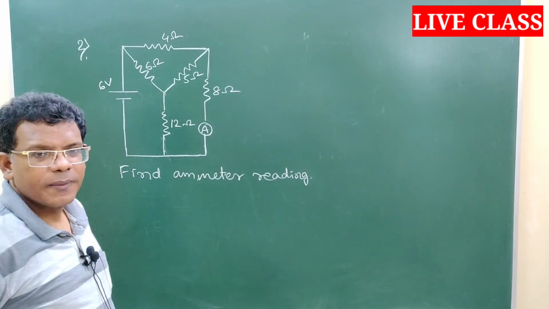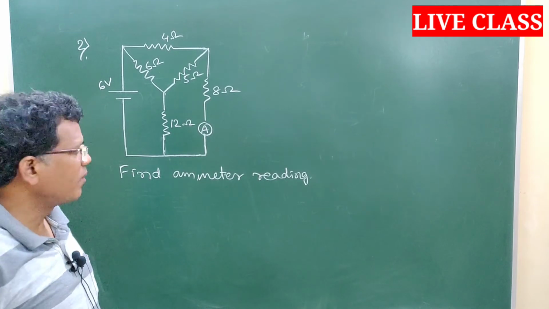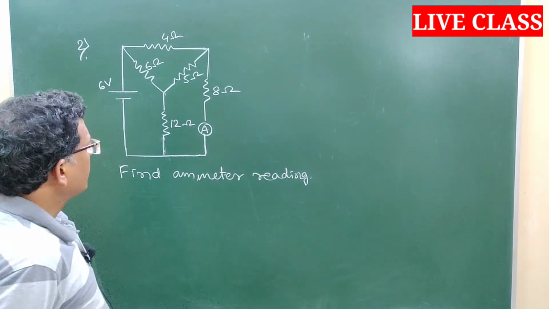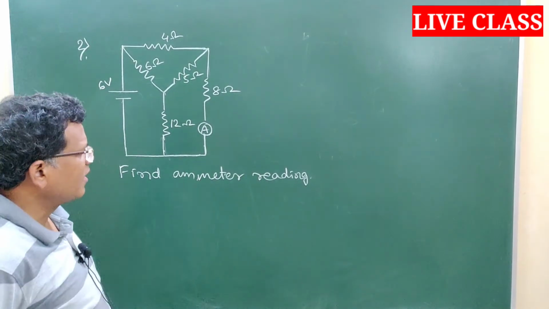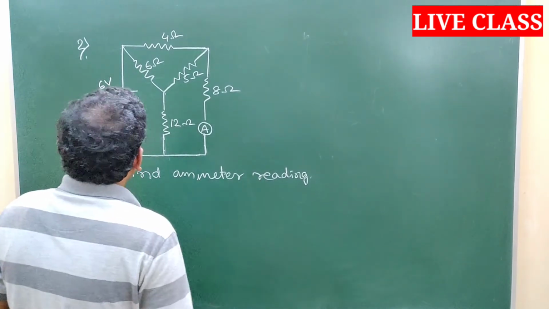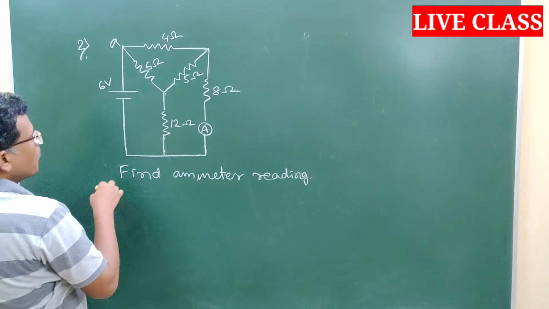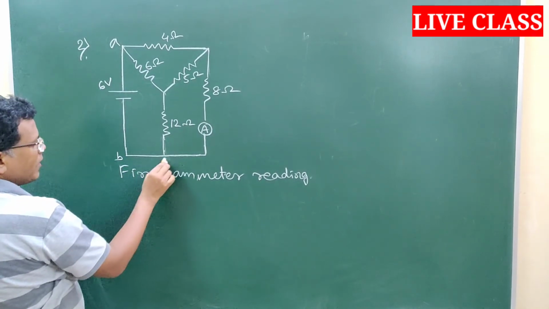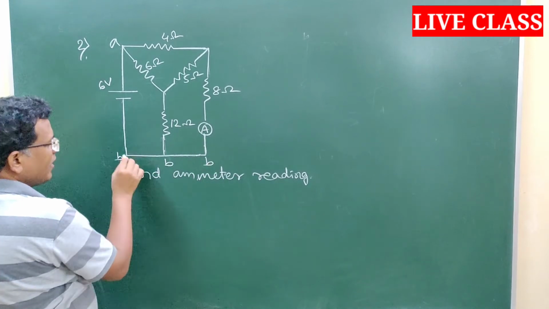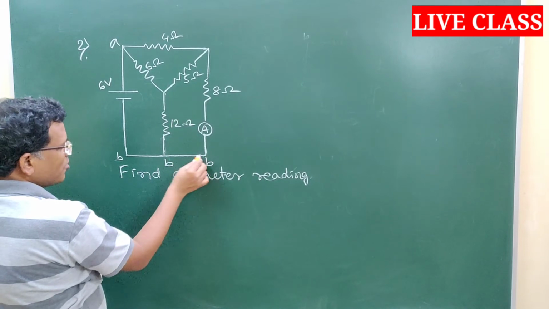It is 0.5 ampere. Sriram, do you understand why it is 0.5 ampere? Because this is nothing other than a balanced Wheatstone bridge circuit. If you name it like this, for example, this is A, this is B, all these 3 points are B only. No resistor is there in between these 2 points.